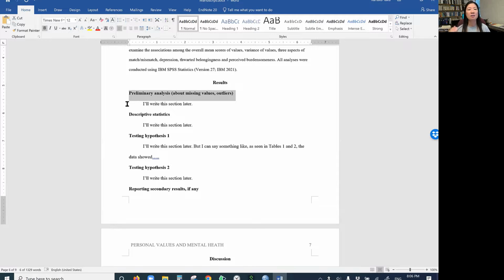It may sound a little bit repetitive, and that's okay, because in the results section we may report multiple analytical results, even though they all use the same data analytical techniques. That's why the patterns or phrases can be repetitive. Sometimes we see some keywords repeatedly in papers, and that's okay.